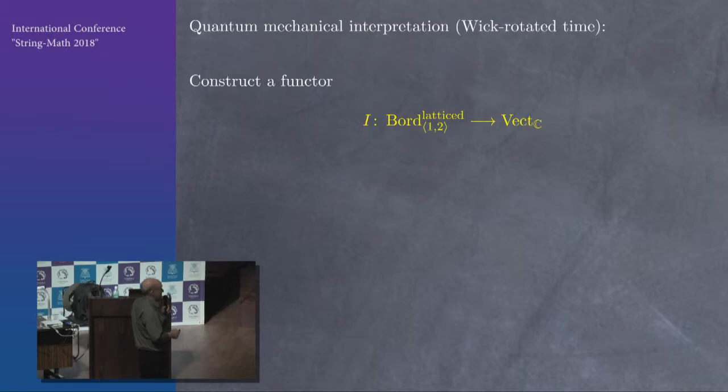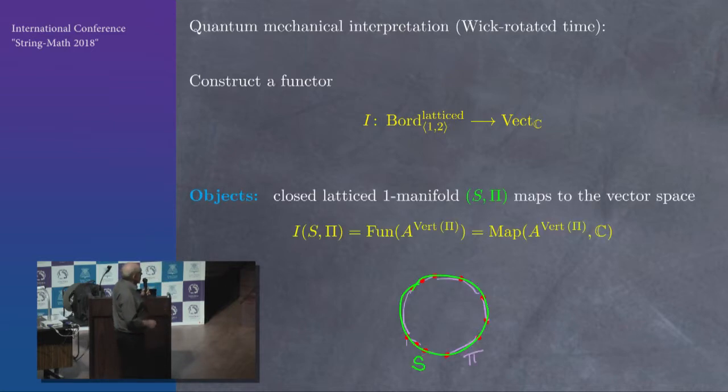This time it's a two-dimensional field theory, so of 1 and 2 manifolds, but the manifolds are equipped with a lattice. That's the structure of the manifold. And again, we have a functor, vector spaces. So how does that go? Well, given a closed one manifold, we have to give a vector space. Well, we just take the functions on the fields, same as we did in the finite gauge theory. So that's a vector space. Its size depends on how big this polygon is on the circle, for example.